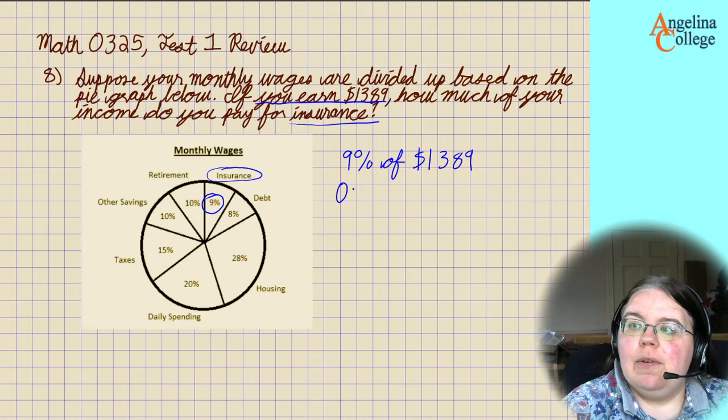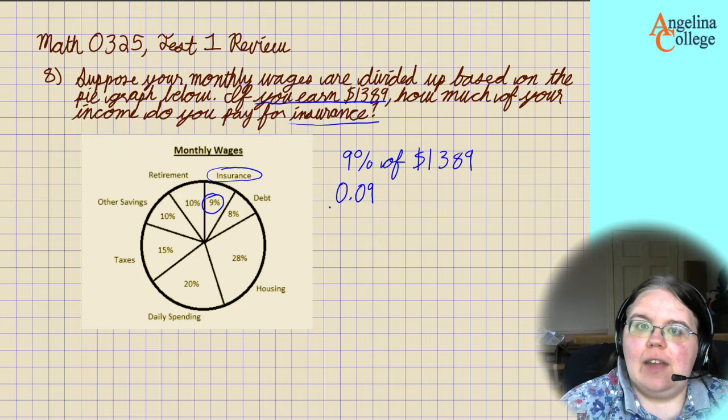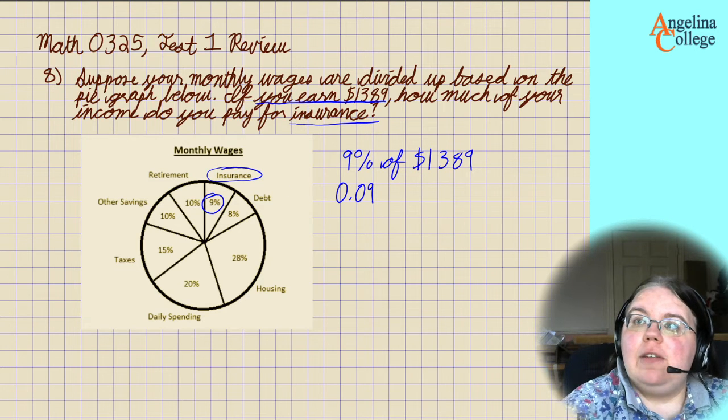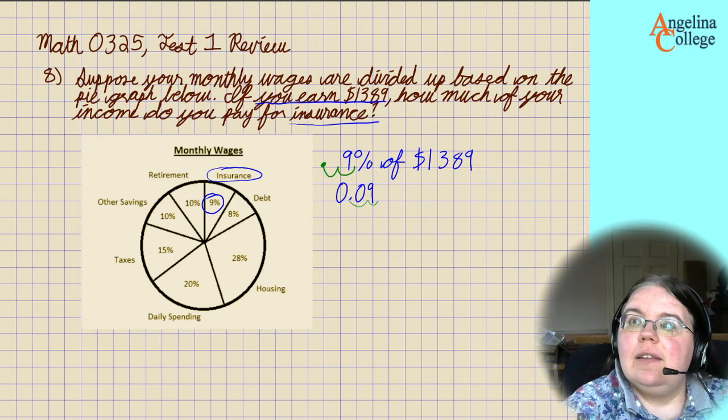So remember, it's 0.09 because 9% is like 9 cents. If we just put 0.9, that would be like 0.90, so 90%. So make sure that you're always, when you convert from a percent to an ordinary decimal, moving that by 2 decimal places. So we need to know 9% of